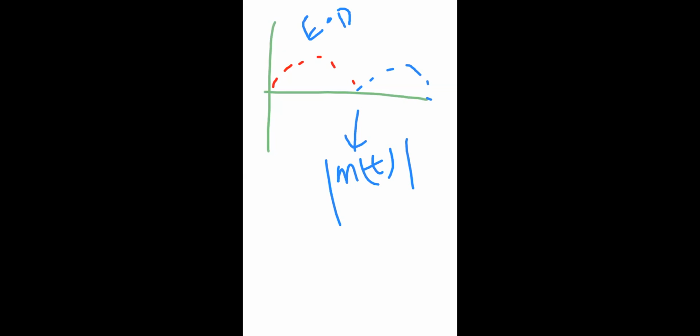The envelope detector will pass only the positive envelope. This is the output of your envelope detector. So this is not your m of t, this is mod m of t. So you cannot recover your original signal m of t from mod m of t. So the envelope detector cannot be used to demodulate the DSB signal. The final observation is: the envelope detector cannot be used to demodulate the DSB signal.